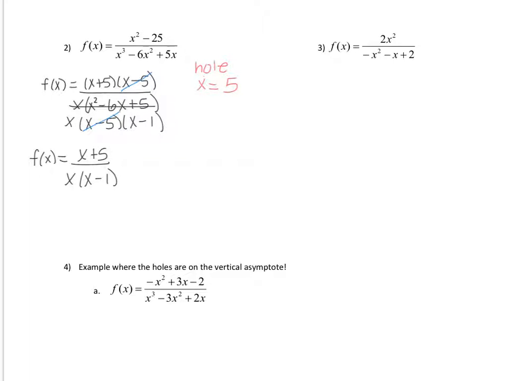Now it's positive 5 because it's the opposite of whatever's in here. This is a negative 5, so if I put a positive 5 in there, 5 minus 5 gives us 0. That's what we want because that makes this undefined. So it's always opposite. So if we want to find the y value of the hole, we plug in 5 into my new function. So 5 plus 5, over 5 minus 1. So this becomes f of 5, which is